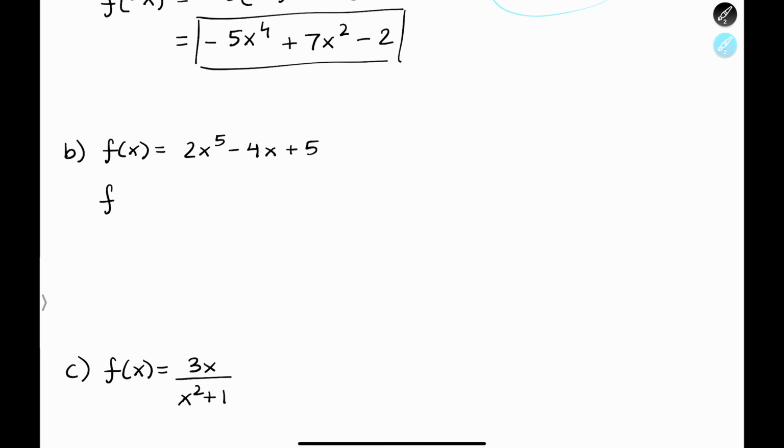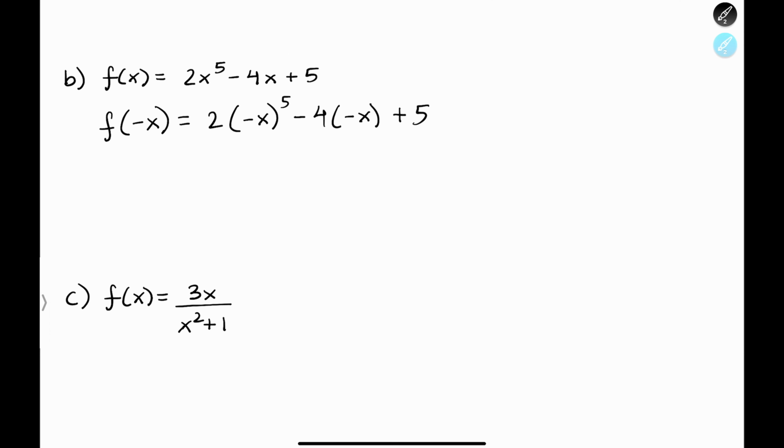So we put negative x in, it will become 2 times negative x to the power of 5 minus 4 times negative x plus 5. And simplifying that, we get negative 2x to the power of 5 plus 4x plus 5. And so we are not getting the same thing as our original function, but if you're not getting that, then